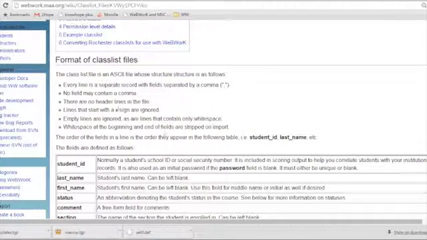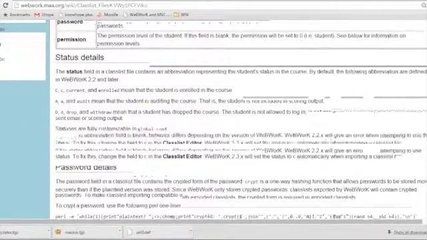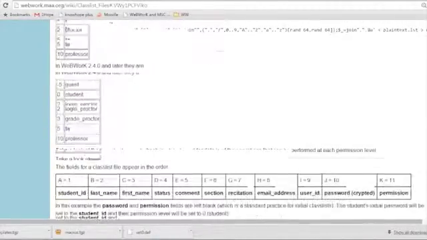It tells you what all the limitations are. It tells you that lines that start with a pound sign are ignored, for instance. And it tells you all the fields and what they mean,